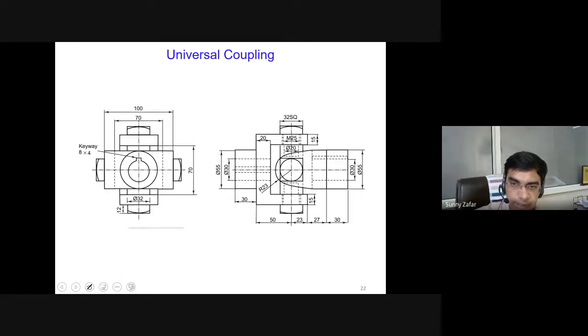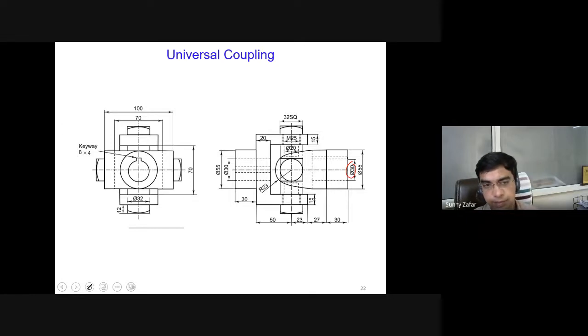This is an example from the book again, where you will see that in this case the square bolt is used, and the dimension of the shaft is 30 millimeters, and based on that all other dimensions are given. Of course there are no empirical values available for this universal coupling, but if the question is there, you can directly refer to these dimensions and draw the universal coupling for transmission of power between two shafts at an angle.